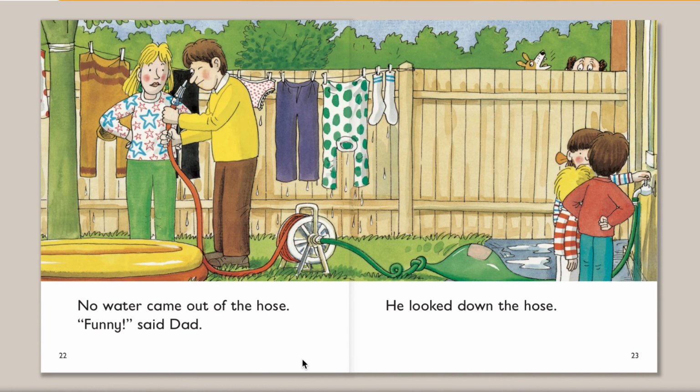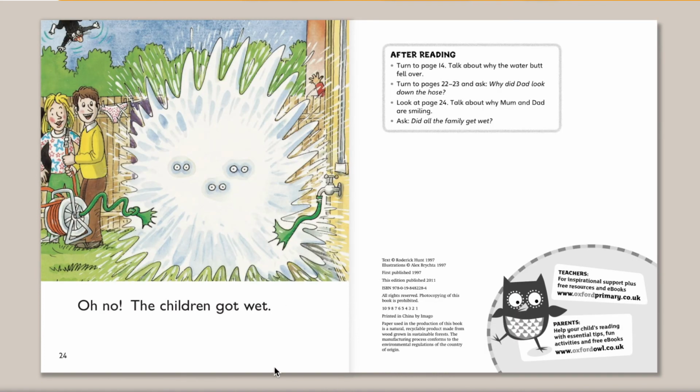No water came out the hose. Funny, said Dad. He looked down the hose. Mum and Dad are looking at the hose, but there is something happening over here. The kids are trying to put the water on. Oh no, the children got wet. Look, the hose burst. Mom and Dad think it is quite funny that now the children